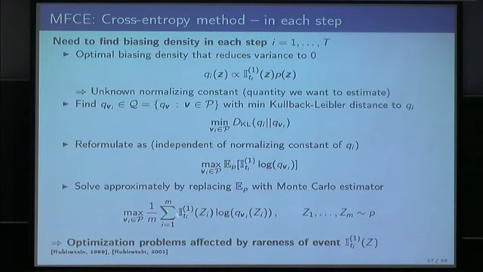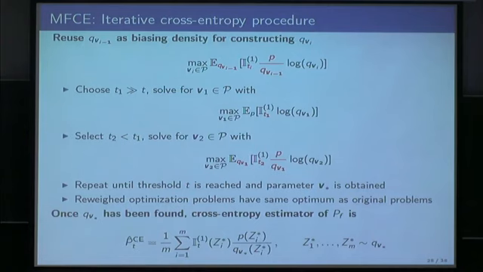The problem is that we still have these Ti in there, which still lead to a rare event in a certain sense. So the cross-entropy method has not gained anything at this point. So what the cross-entropy method then does, and I already said this in the beginning, it uses the densities of the previous iteration as biasing densities for the subsequent steps. So let's say q_vi-1 is the density of the previous step, and then it takes this q_vi-1 as a biasing density for finding the density at step i. Here you can see this expected value with respect to vi-1, and then a reweighting term to correct for the bias. And this is done for all the steps.